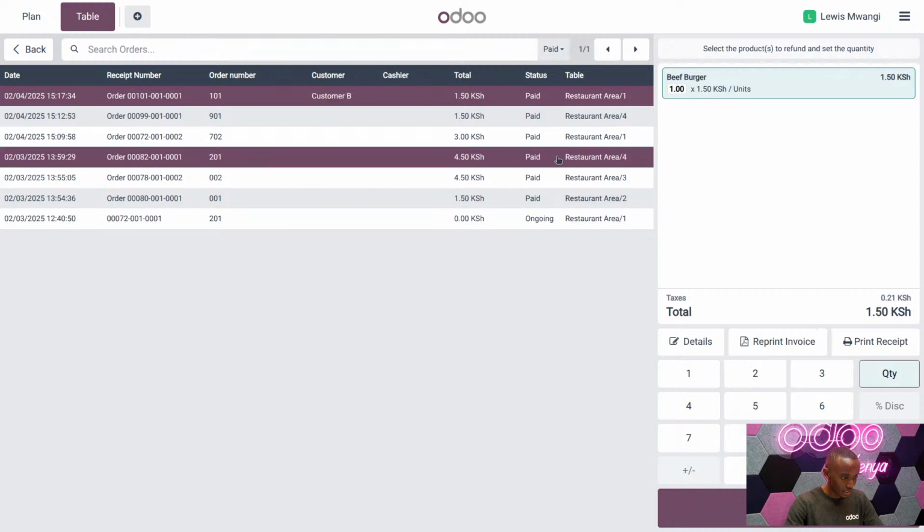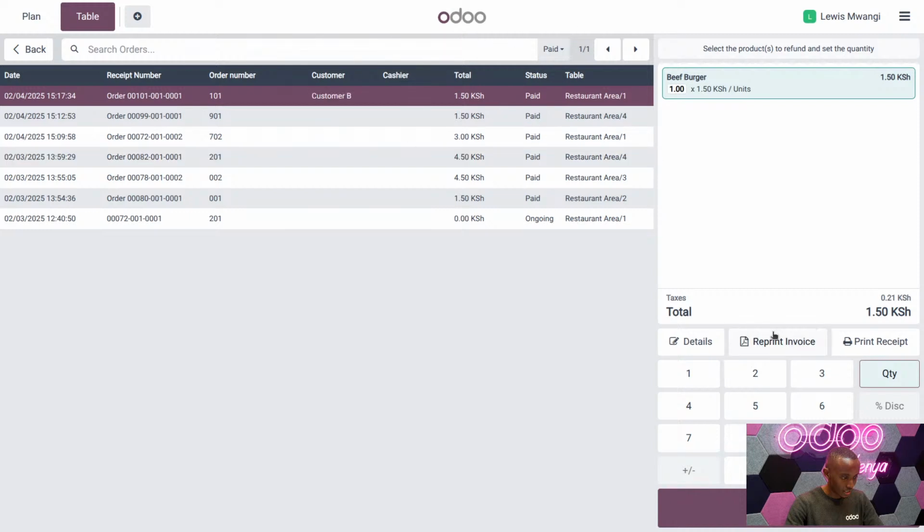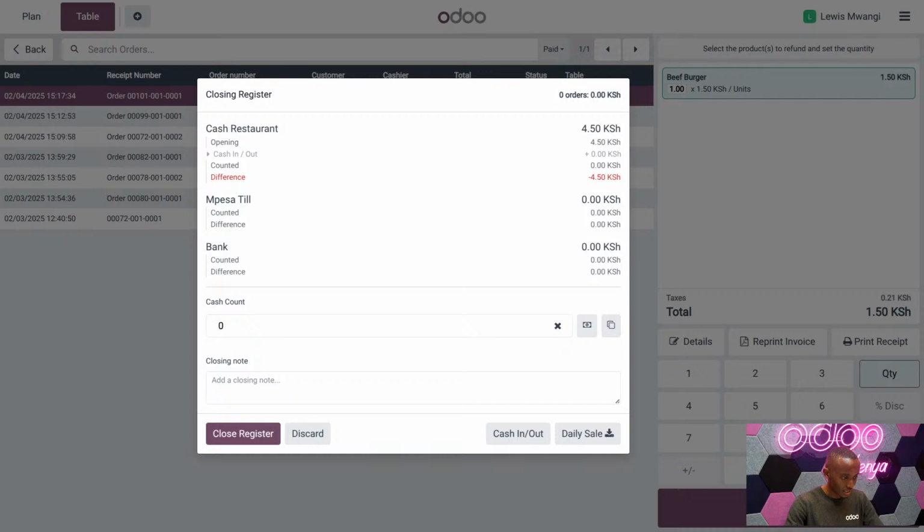So the expectation is that it has already been generated, and that's why the message here changed to reprint invoice, okay? So if it's already downloaded, but if I again close register and go to my back end, we'll be able to